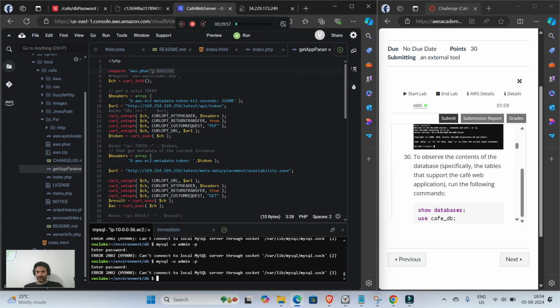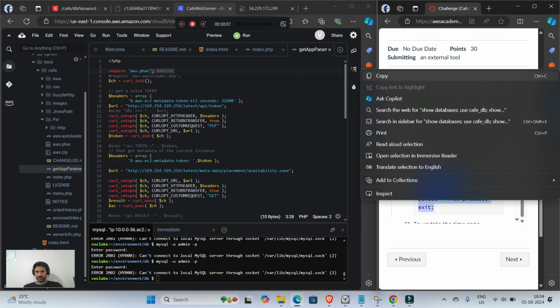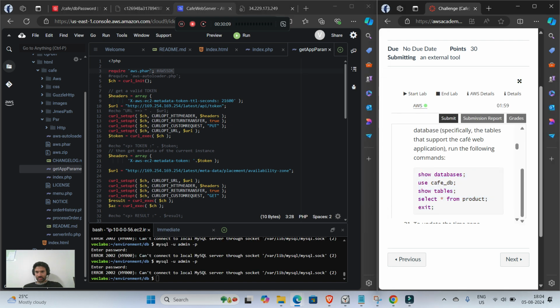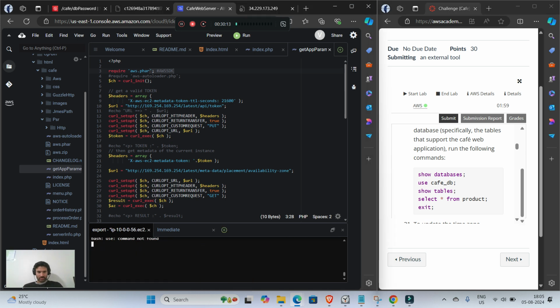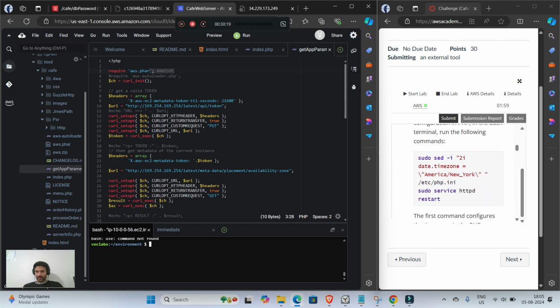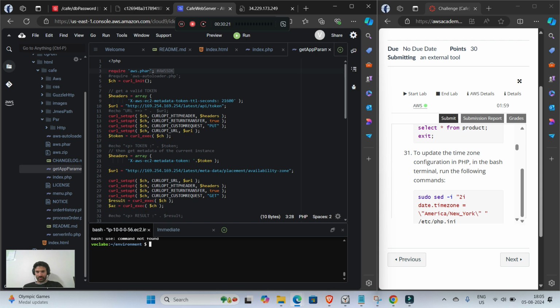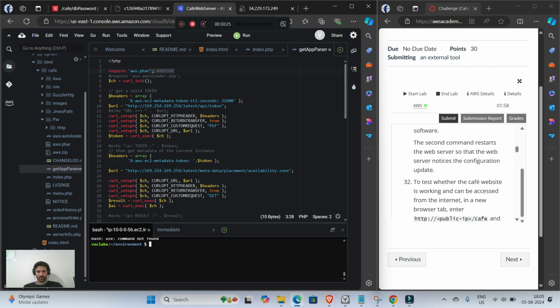So we will skip this step, and next is to observe the content of the database tables that support the cafe web application. Run the following command. Next is to update the time zone configuration in PHP. Run this command, but as we are not connected